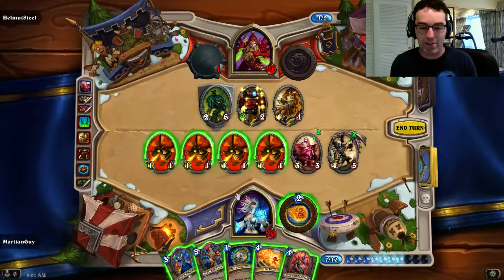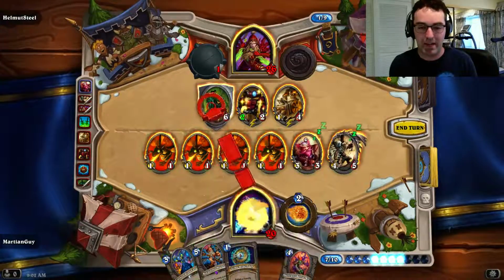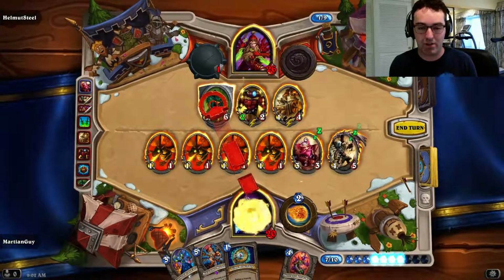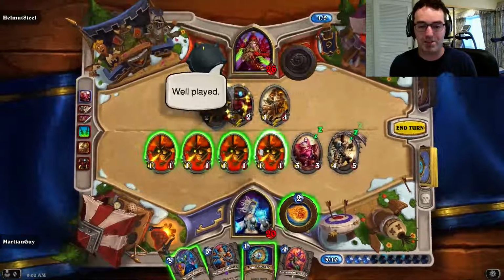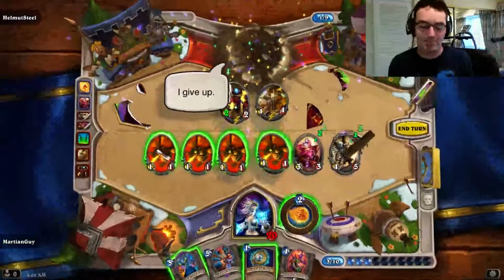Alright, so I think now I fireball that, and can I clear him? I cannot quite clear him. But that's okay. So the question is, what do I leave up? Do I leave up the Demolisher or the Micro Machine? The Micro Machine is just going to be a 3/2 next turn. Bam! Yeah, I think...